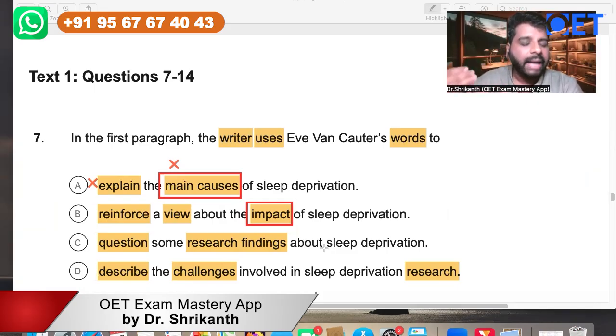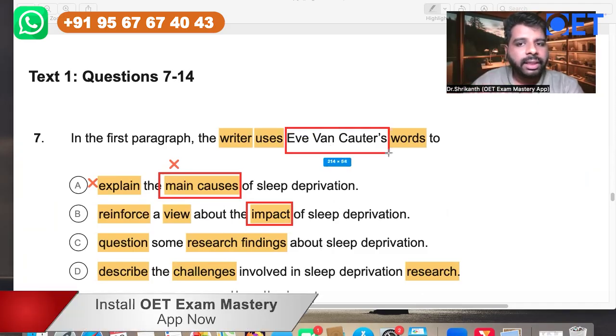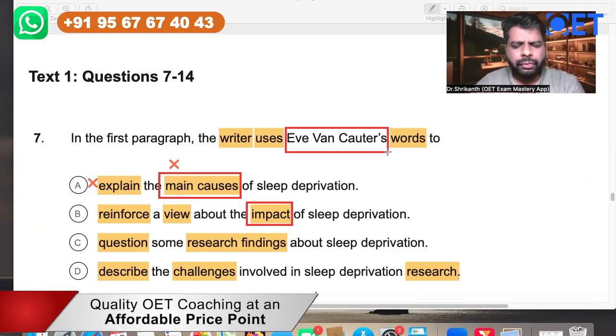Okay, and also what is Yvonne Cotter saying as well? Yvonne Cotter was saying every single system in the body was negatively impacted. Not even a single system was left unimpacted. And also, what did we read before that? We read that every variable, every single variable, was impacted negatively, right?